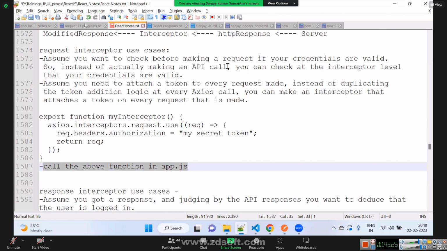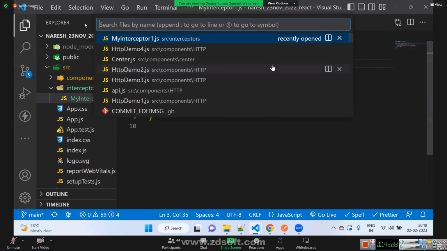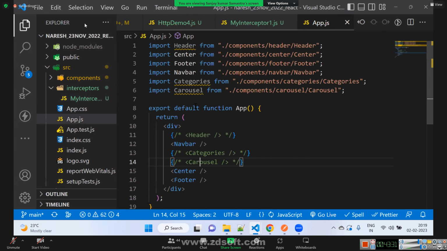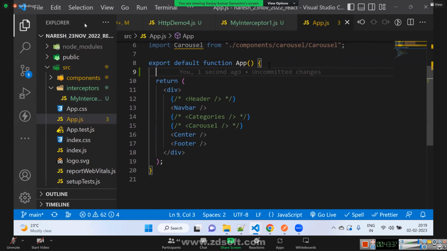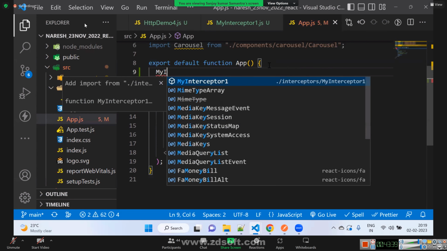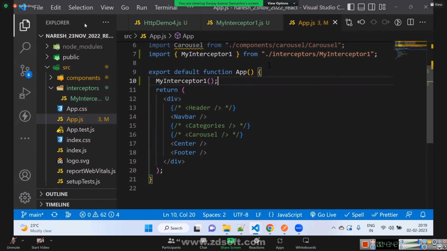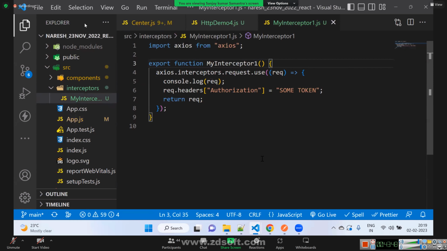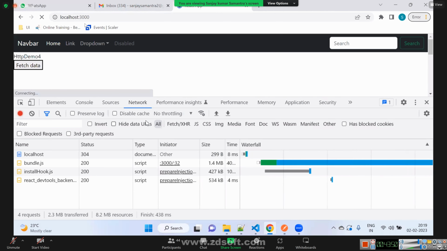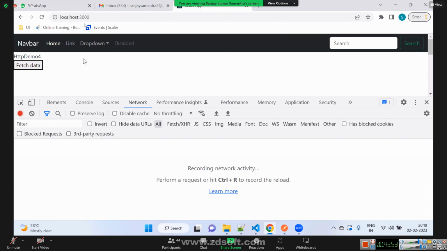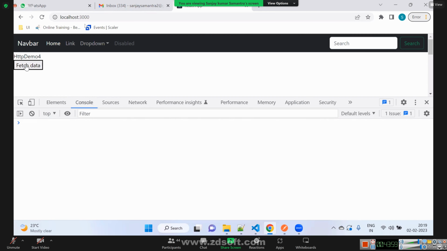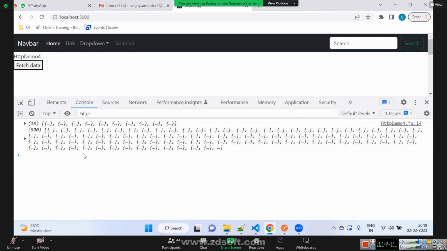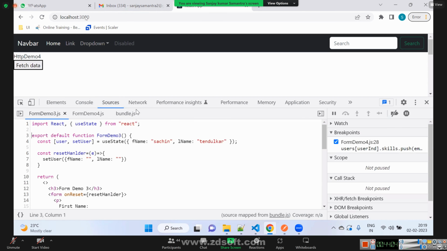Now every API call that we make will go through that interceptor. When I click this button, there will be two API calls.